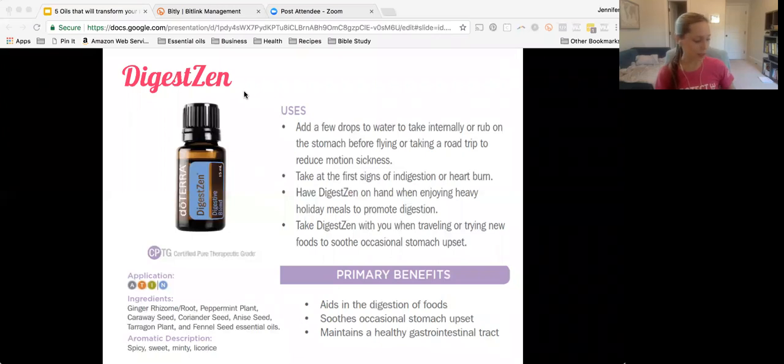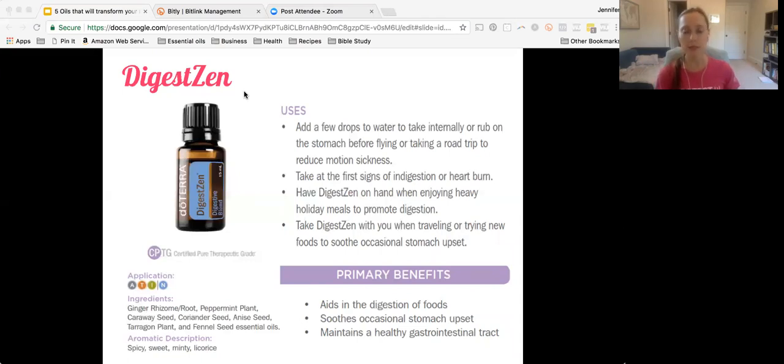Digestin is the next blend that we're going to talk a little bit about, and it is another amazing blend, and by the name you can imagine that it is for digestive health. And this is my go-to blend when it comes to all things digestive related. So anytime you're dealing with any sort of digestive issue, whether it's gas, bloating, motility issues, indigestion, abdominal pain, anything like that, digestin is going to be your oil of choice. That's what I recommend starting out with and seeing how it works for you.